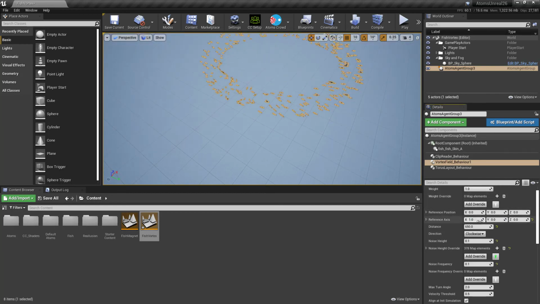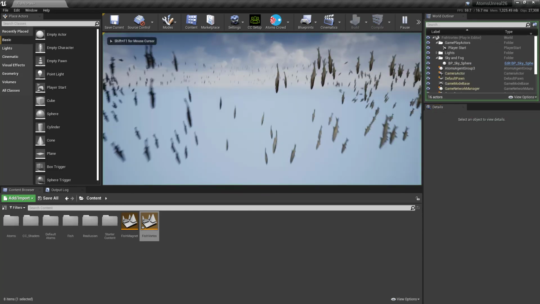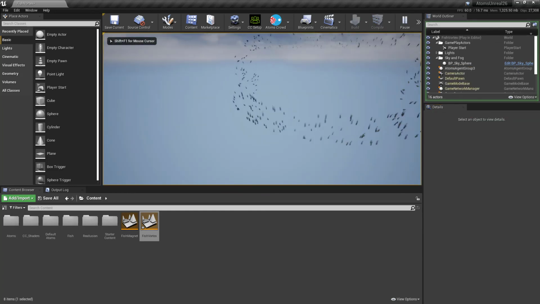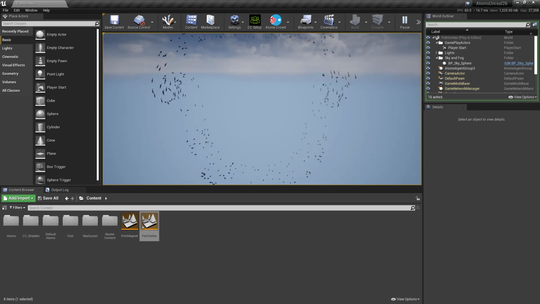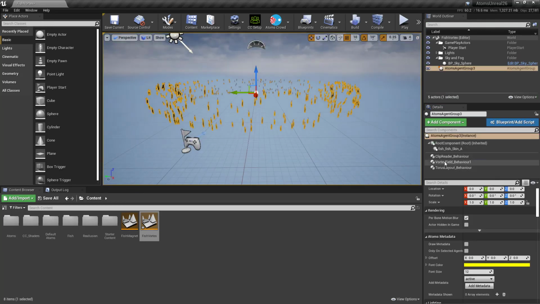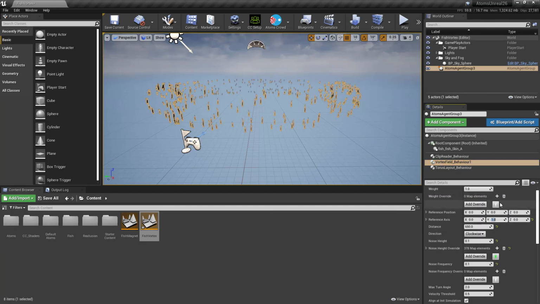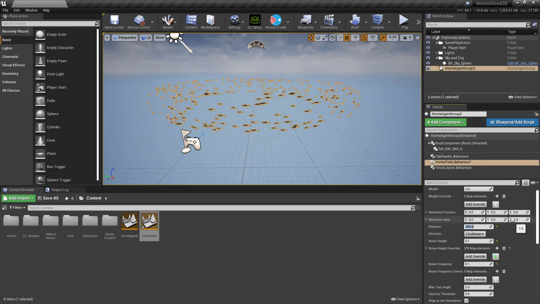No, actually, this. If I press play, now they're going to rotate around their axis, and you can see weird effects, especially if you start playing with the reference axis in real time. For instance, if you animate these with Blueprint and change the value while the agents are simulating, you can really get